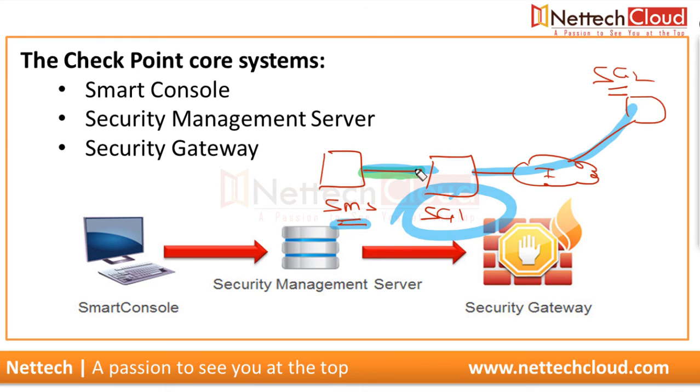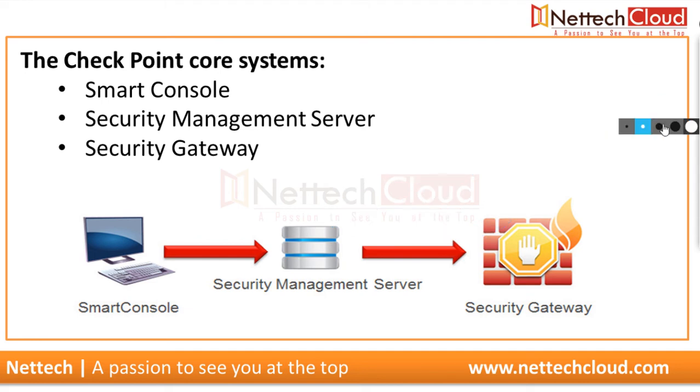So between SMS and SG2, there are various communication ports, and they need to be allowed on security gateway 1. Then only there can be proper SIC establishment between SMS and SG2, and SG2 can also be managed with the same SMS, right? Understood? Because it's a very important point to understand here. Very important point. And I repeat here,